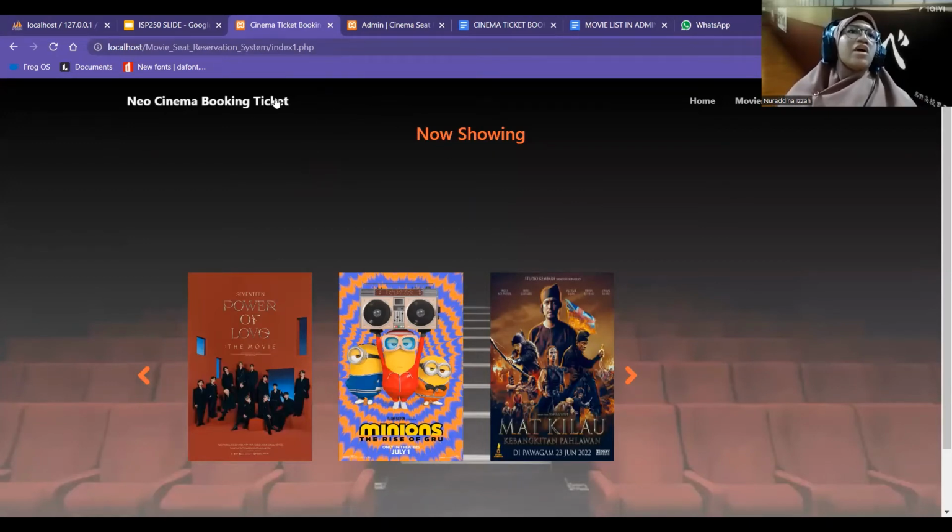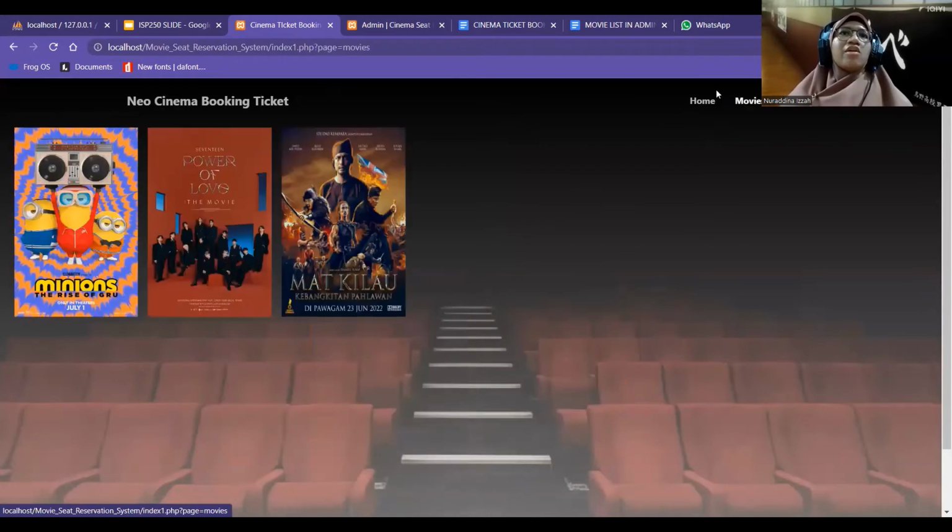In this page, we have the name of the system, the home button where they can go to the home page, the movies button where they can go to the movie page, and the logout button so that they can log out in the navigation bar.